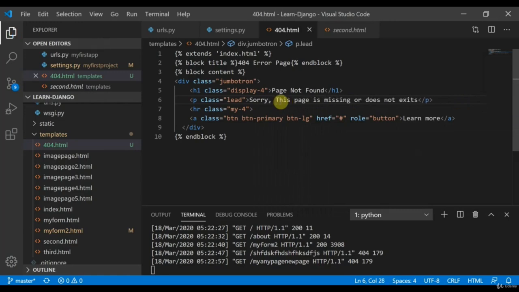Okay, so this is absolutely fine. This page is missing or does not exist, and what we are going to do is go to